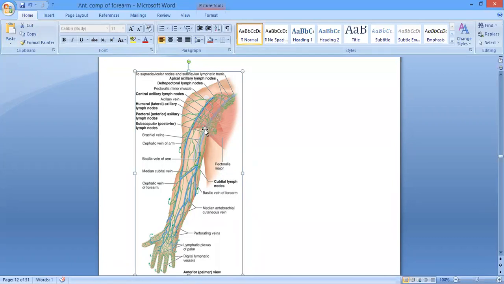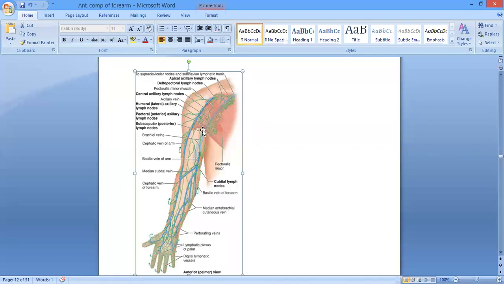Okay? But I told you that some lymph coming from the lateral aspect of the thumb and lateral aspect of the forearm goes towards the infraclavicular group of the lymph nodes, and from the medial aspect of the forearm it goes towards the supratrochlear group of the lymph nodes. But remember that the supratrochlear group ultimately drains into the lateral group of the lymph nodes. So most of the lymph from the whole upper limb goes towards the lateral group of the lymph nodes.